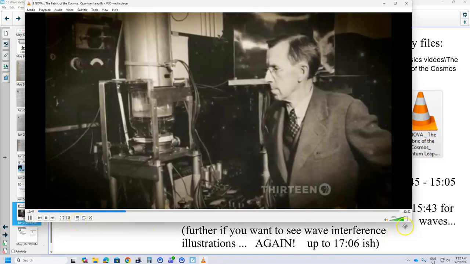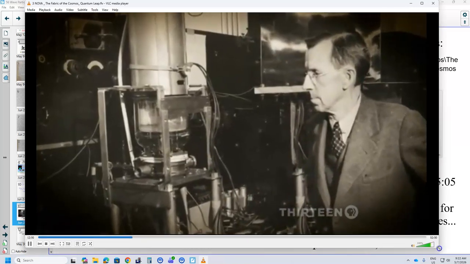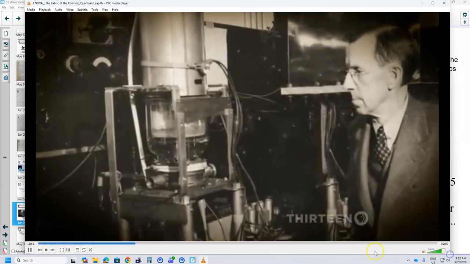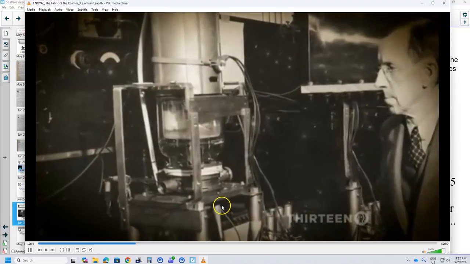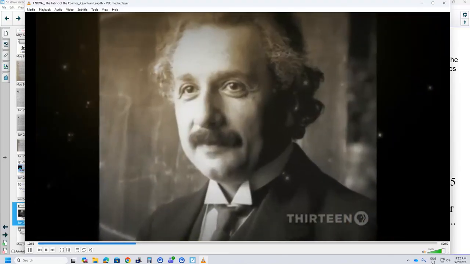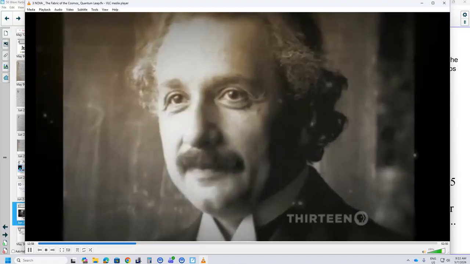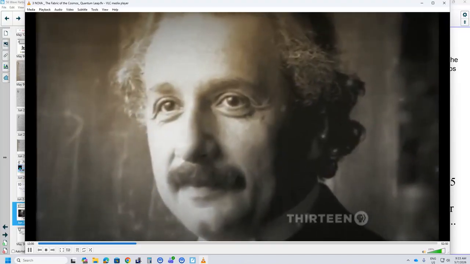One test in particular, which would come to be known as the double slit experiment, exposed quantum mysteries like no other. If you're looking for a description of reality based on certainty, your expectations would be shattered.